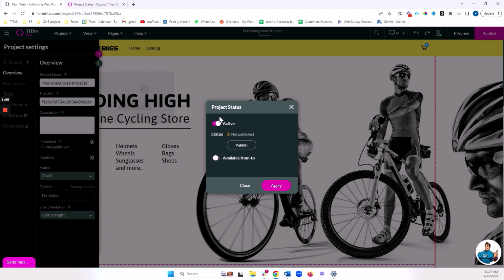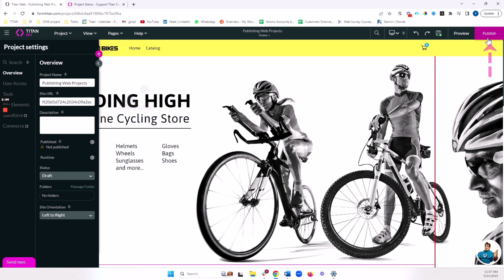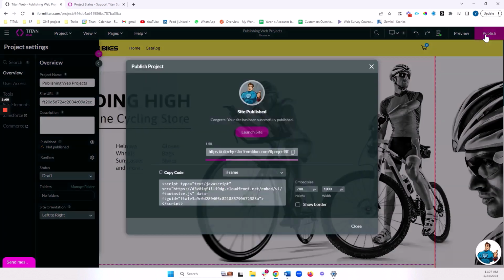All right. Now, of course, we can also decide to make our project not active at all. And we can turn off our project at any point like this so that no one will have access to this project. In order to publish your project, you'll come over here to this big pink button and you'll click